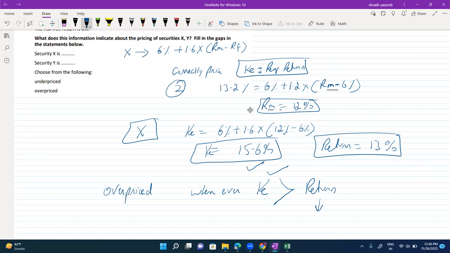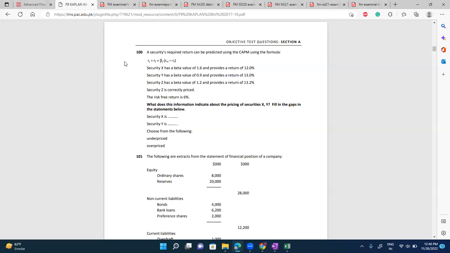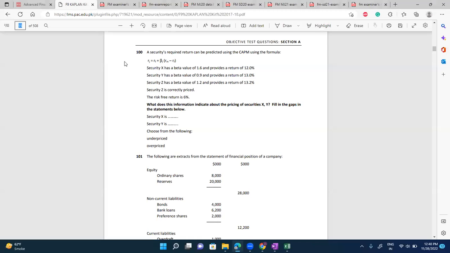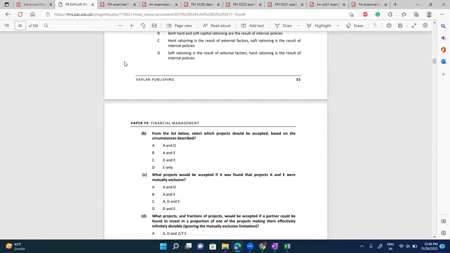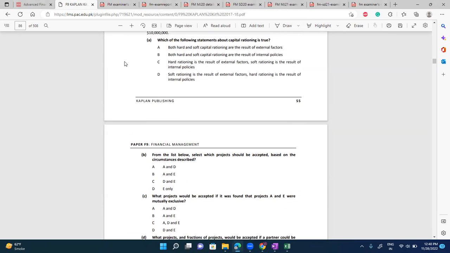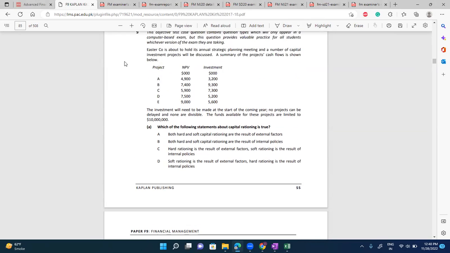पेज 50, क्वेश्चन नंबर 9 पार्ट बी। Which project should be accepted? क्या क्या कंफ्यूजन है बताएं।